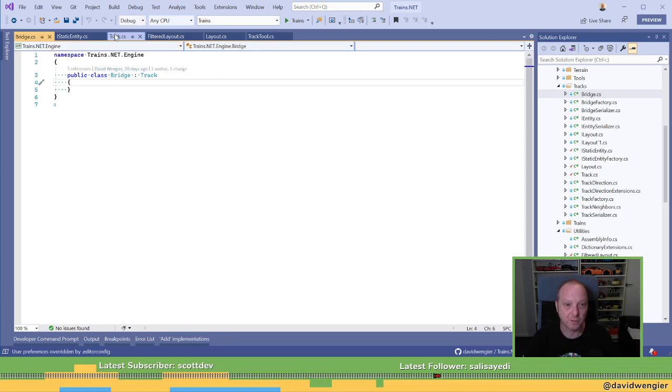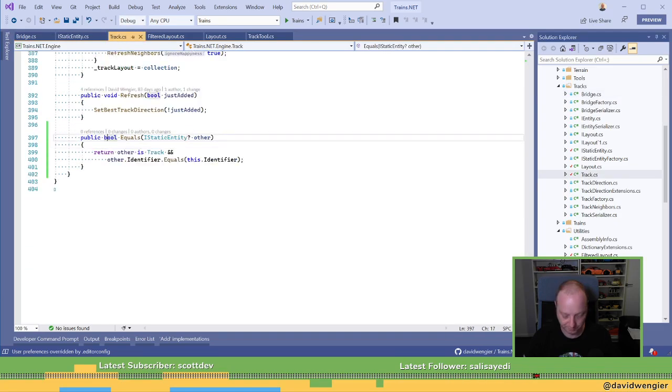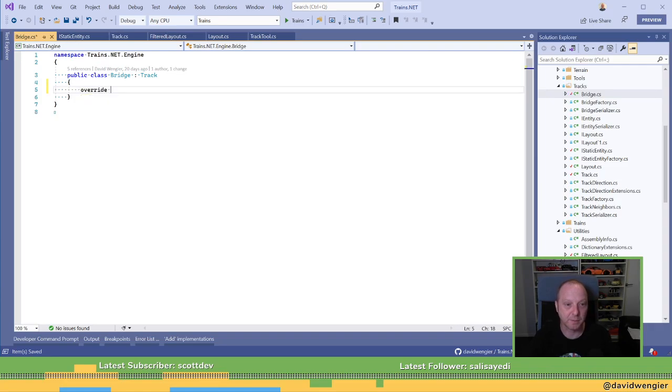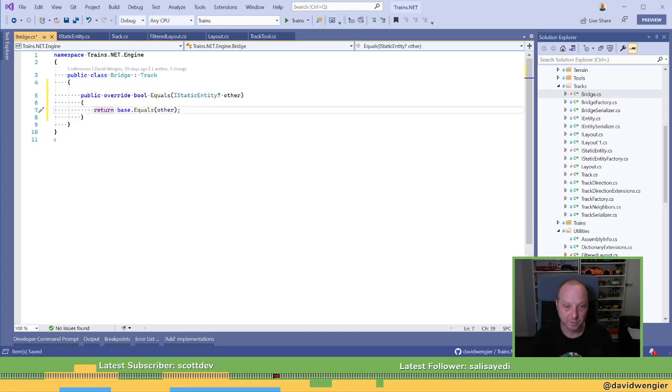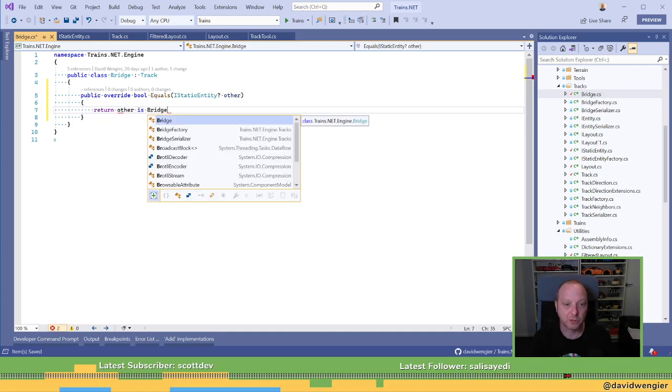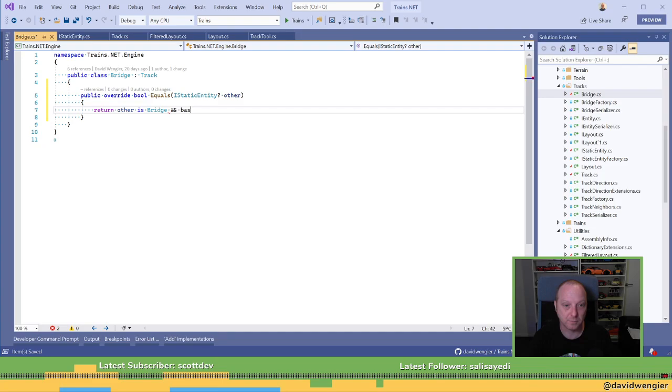Yeah, that's going to have to override. Chalk up another time when bridges being inherited from track is annoying. Then there is bridge. Easy.